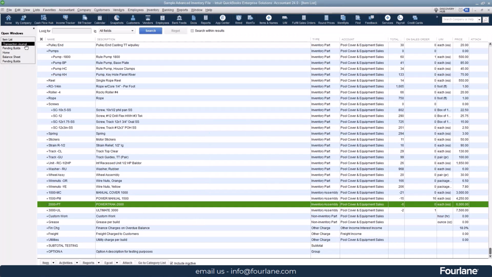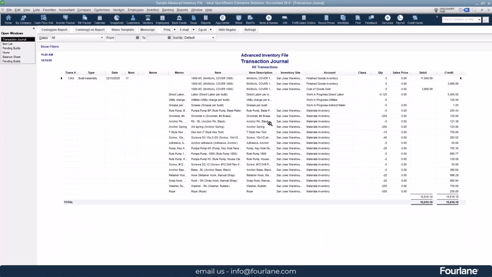Okay, so the reason why this is important is because you could have an item that is on the P&L account, like the P&L chart of accounts, and you want those dollar amounts to be able to be added to our finished good item and inventory value and then sell. Sometimes we want to be able to see the work in progress. We've got labor, direct and indirect. All of those things, even outsourced for painting or anodizing or any of those things, we can have a workflow where it is showing